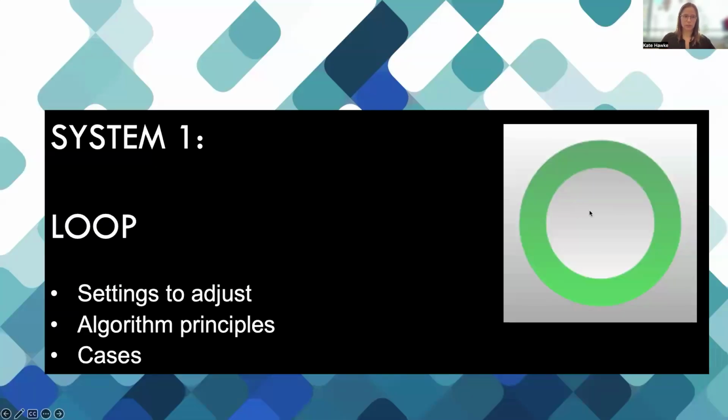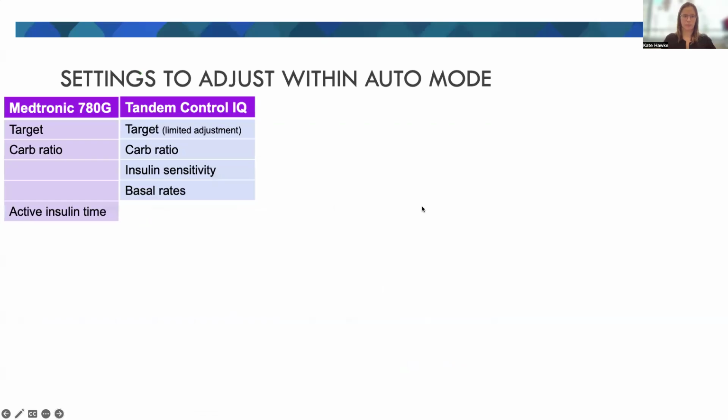Okay, coming to system 1, which is Loop. So we'll go through what settings can be adjusted within Loop, what the algorithm principles are, and some cases. So to frame this in the context of most clinicians' understanding of AID, you'll know that with the existing available commercial